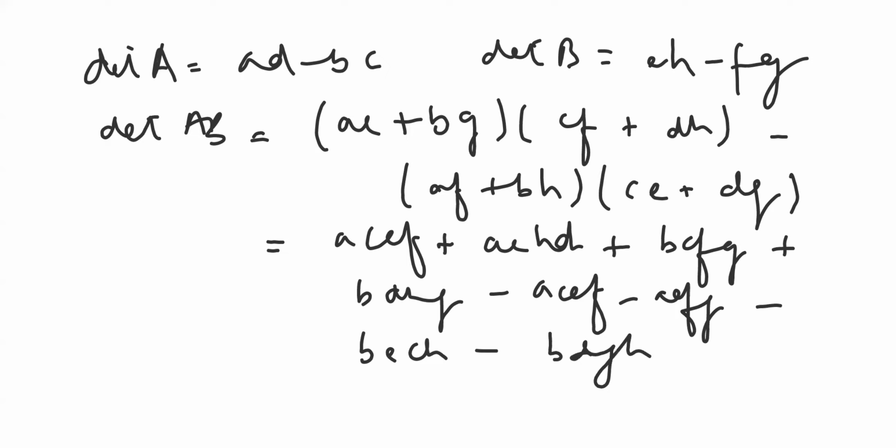Alright, अब इसमें से हम like terms को with the same signs हटा देते हैं. ACEF and ACEF हमारे पास repeat हो रहा है and we've got BDGH and BDGH repeating. Alright, so we finally come up with